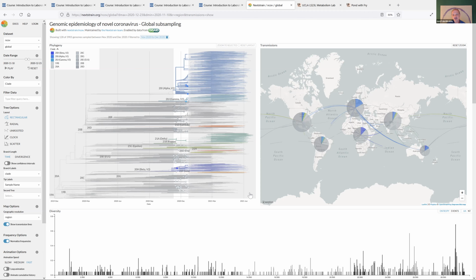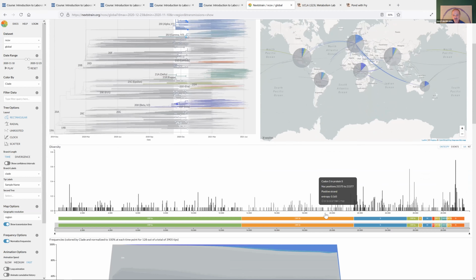We are about here, June, July. And they're still adding new sequences every week to this. This is how it started with one strain, and that strain started to split and split and split. And somewhere here is the Delta strain, which is rampant right now in Europe. And then they also have a map. When you start this, it starts in Wuhan, over here, and then it starts spreading via these lines across the world. So it's really cool.